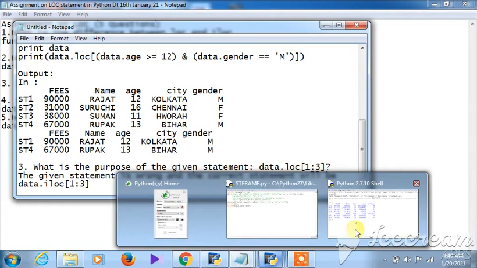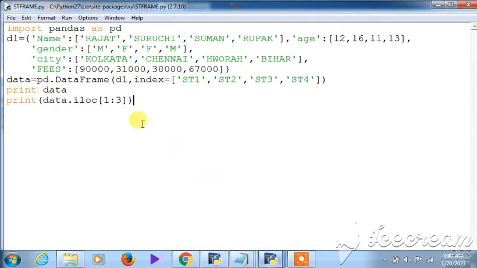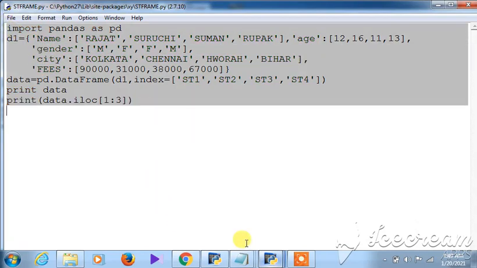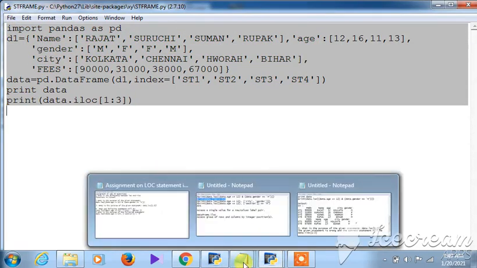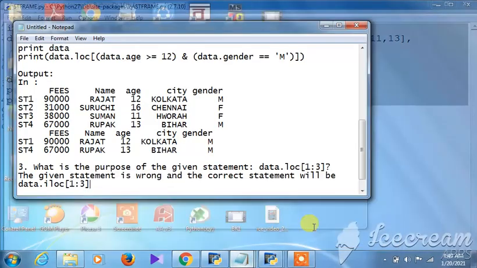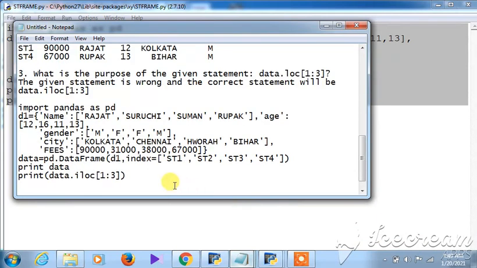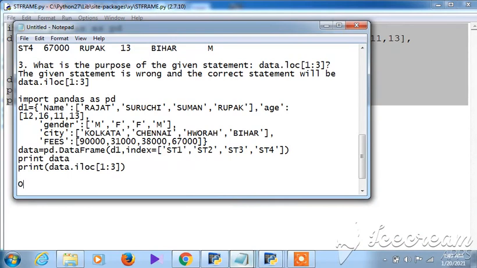Okay, so you have seen it correctly, the program out here. This will be the program for the particular thing. So if you are talking about the program, I can give you the program also. So this particular thing will be printed over there. All right, that is the thing for answering the question number 3. So that is the answer, and this is the program concerned. Okay, so it will give you the correct data. All right, so the output will be what for this particular program? This will be the output.